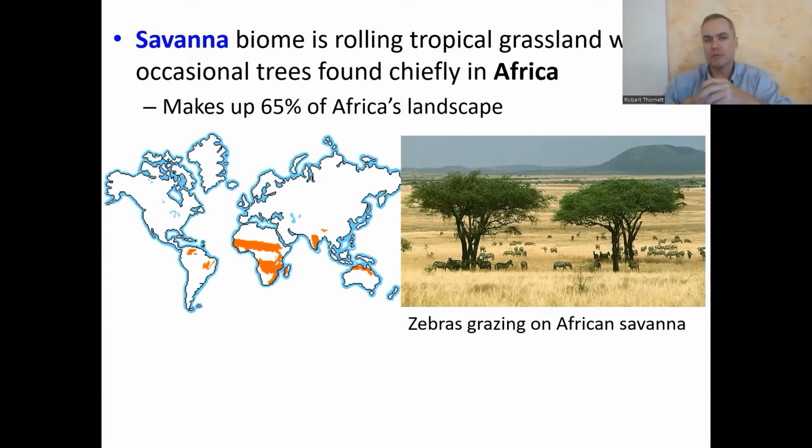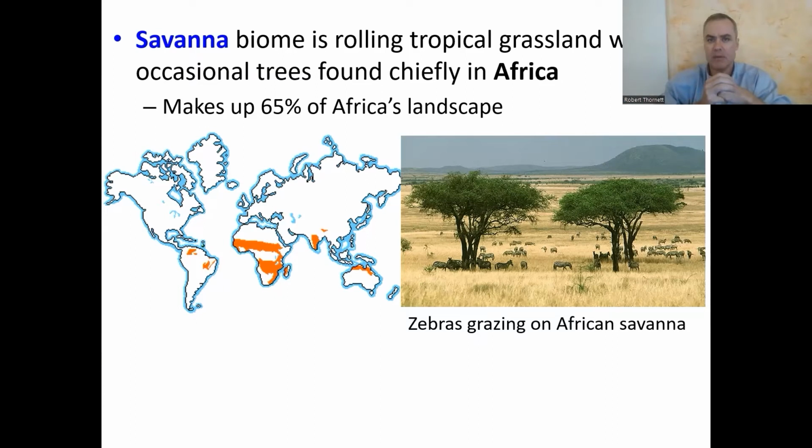So we can move from the tropical rainforest out to the savanna biome. And remember, we had tropical rainforest climate too. We had savanna climate too. So the climates, in these cases, are really having a major effect on the biome, meaning the plant vegetation. And so the savanna biome, if you recall, here's a rainforest, and then the next step over is the savanna climate. Rainforest is very wet all year, and then savanna had that dry season, like a short dry season.